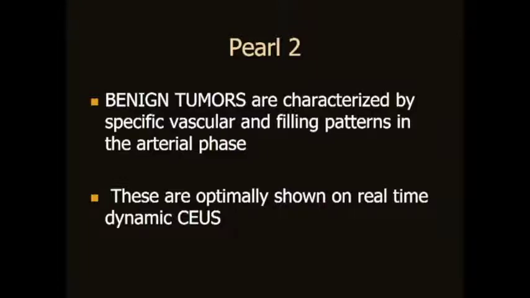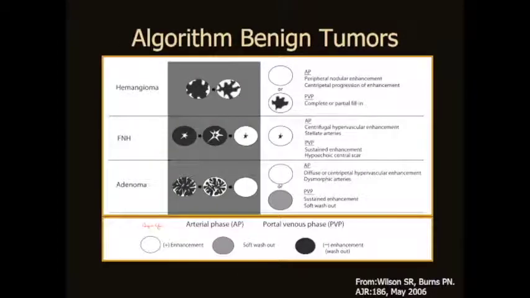So benign tumors on CEUS are characterized by very specific vascular and filling patterns in the arterial phase. And these are optimally shown on real-time dynamic CEUS. And when I start showing these, you'll recognize that many of these do not show these specific vascular patterns on CT or MR scan. So if we look at the algorithm that Peter Burns and I published back in 2006,